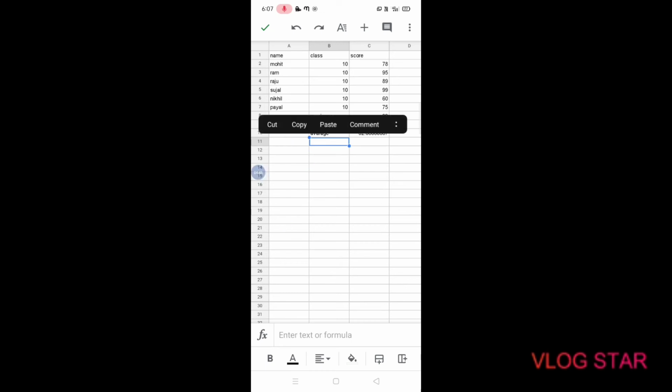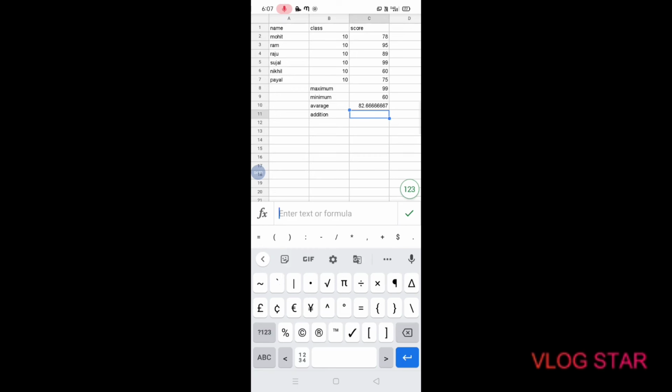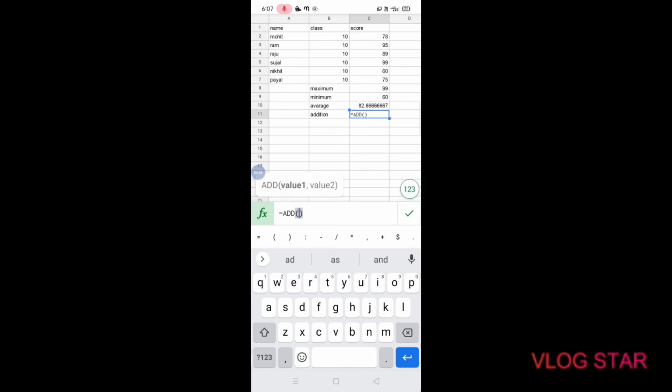Now here you also add, meaning plus. Here you write addition. Here you write equals add. Here is also the same process but in a different way: C2, comma, C7.